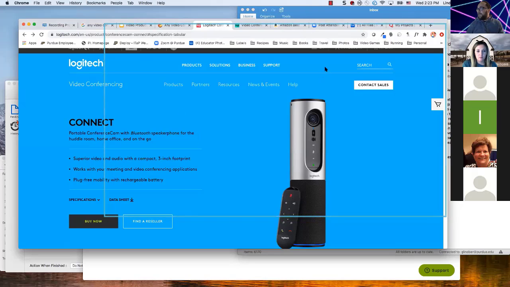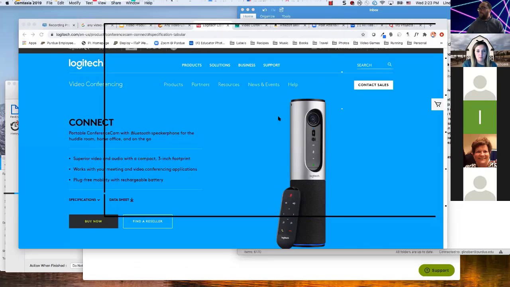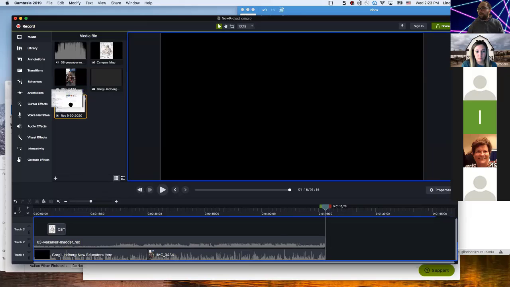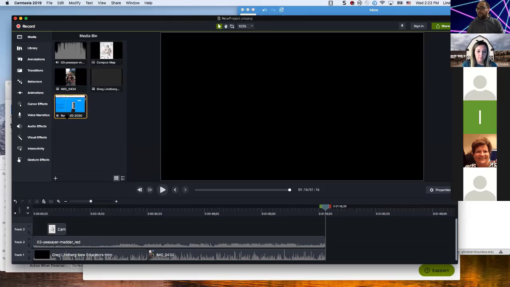Then you would just stop the recording once you're done with your Zoom meeting, and then you would have it. If the Zoom recording had any issues, then you would at least have it in Camtasia, and you could save that project and do the same types of edits as you would if you moved it into Camtasia after having that MP4 from Zoom. I hope that answers your question.